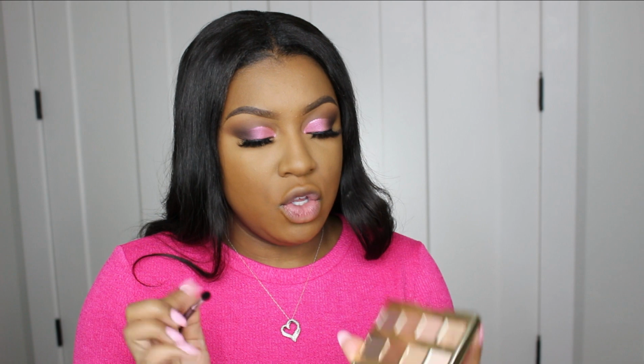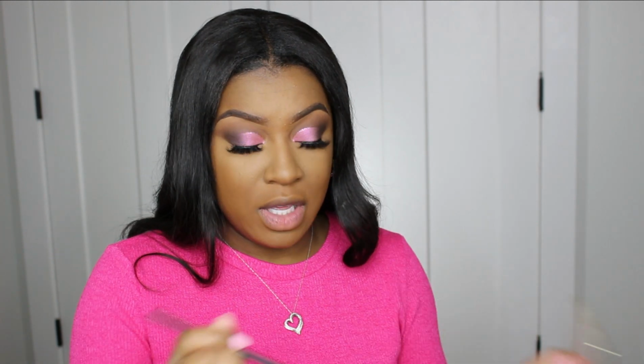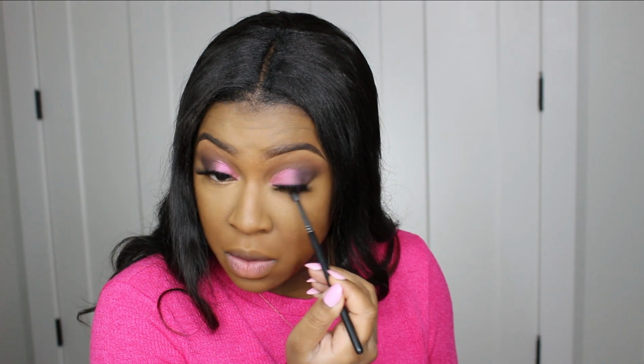Y'all, that just does it for me every time. Like, that is just so pretty. It just puts the cherry on top. So we're gonna go ahead and complete the waterline while we're at it. I am going to be using the shade Rebel, which is this beautiful chocolatey burgundy shade. And I have been loving this brush. It's the Morphe M506. Just for easily smoking out my waterline, like literally just brushing the eyeshadow underneath it